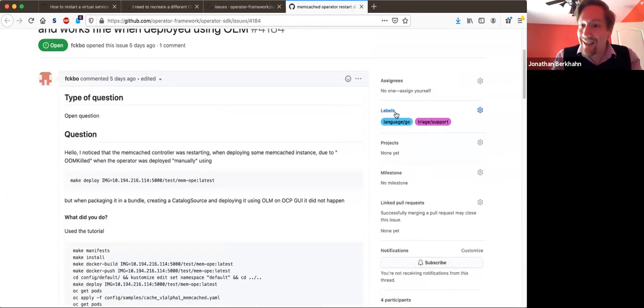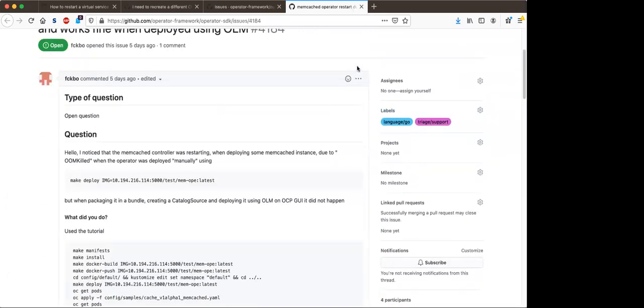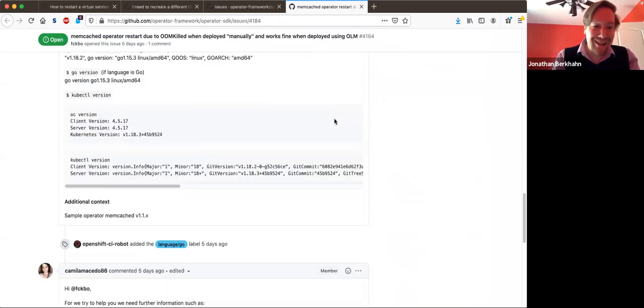Did you up the memory in your Docker or Kubernetes, or is it the memory request in the pod? I don't actually remember. Has it been stuck for a while? Yeah.